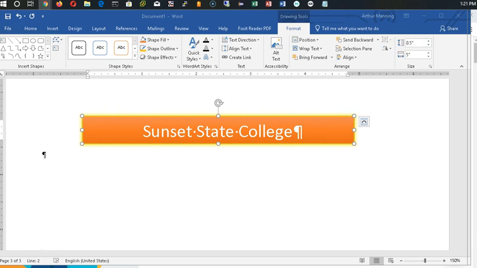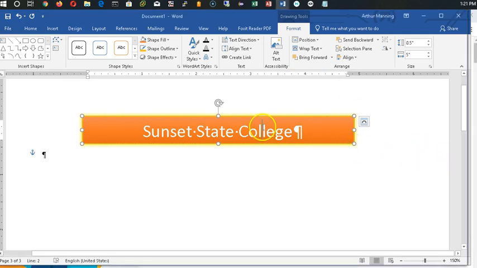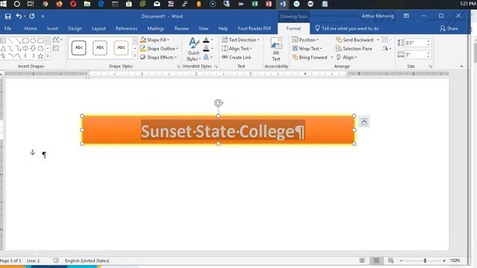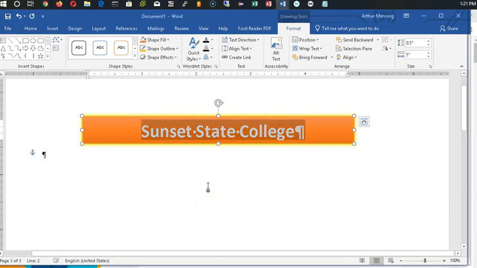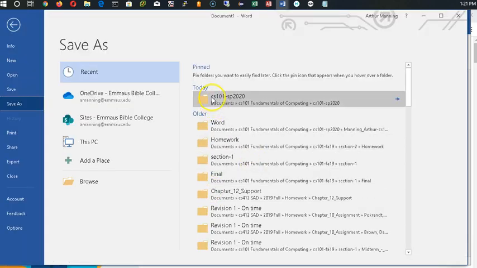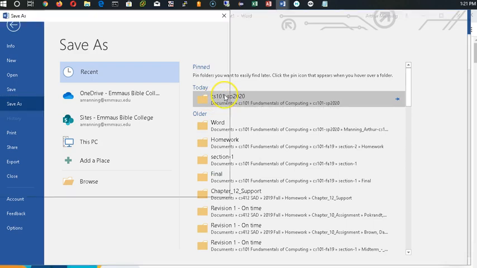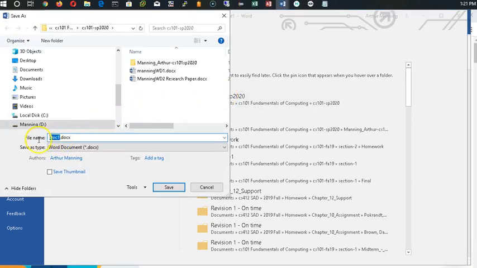Alright, now we're adding, I think it's the next thing, our picture on left and right of that. Oh, we're going to bold that name just to make that a little better. So we're going to select that text again, Control A, Control B to bold the name. And since I've done a lot of work here, I'm going to Control S, save it before I forget, and I'm going to save it in my folder that I used today already. Give it a new name, my last name, put your last name in there,